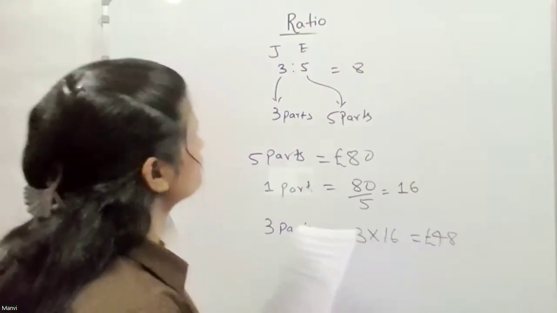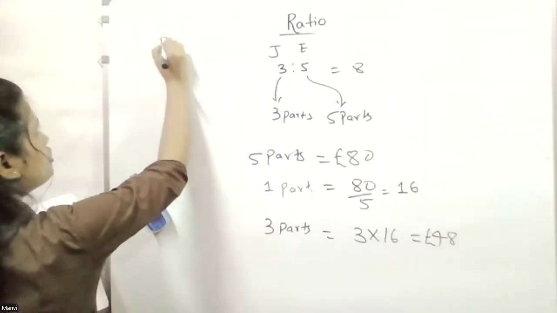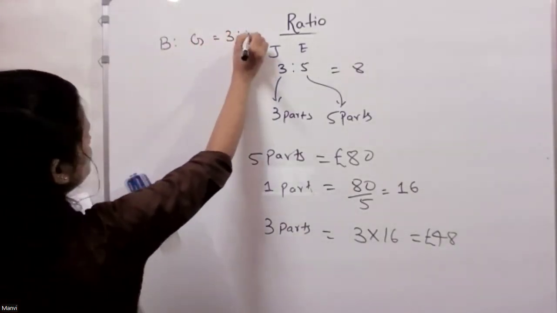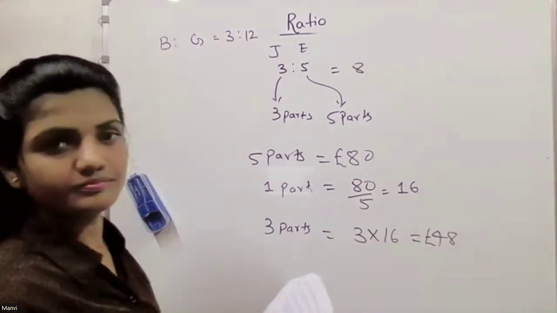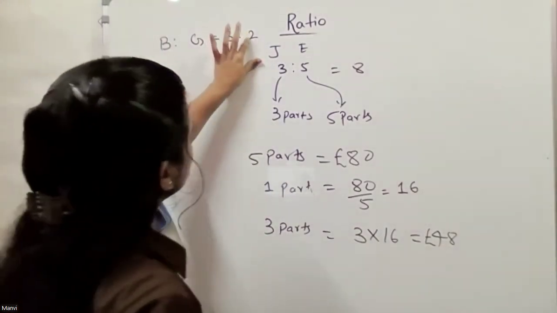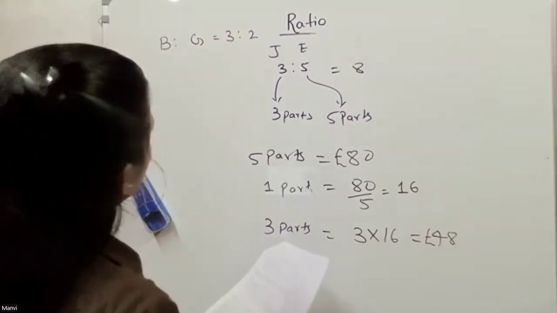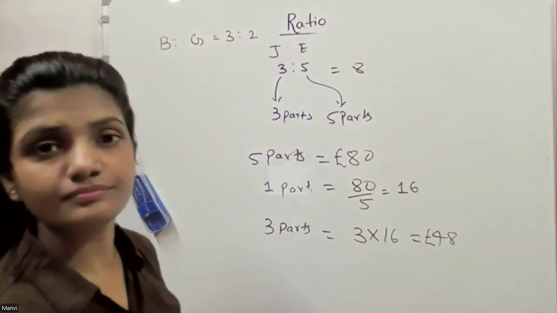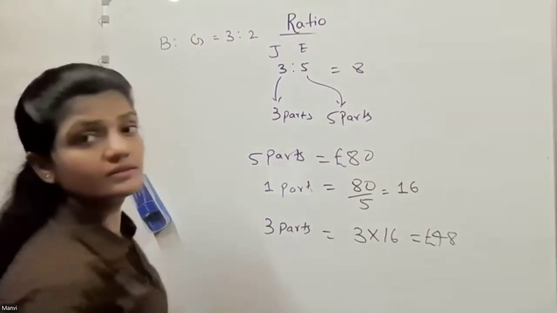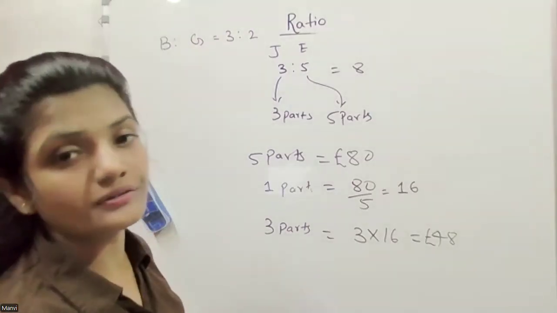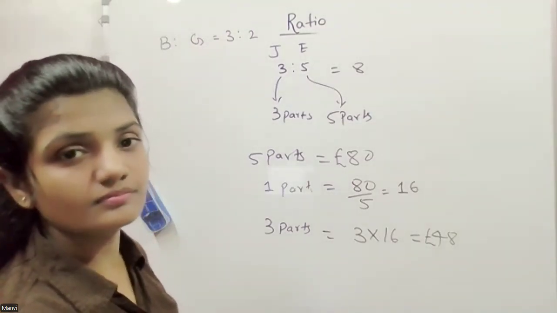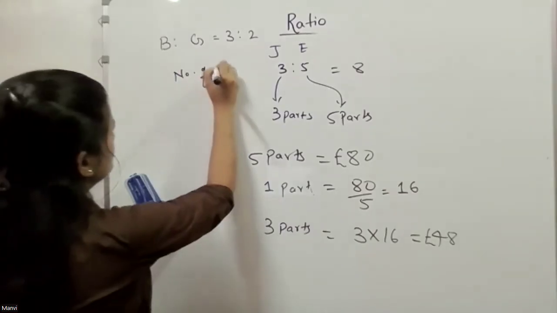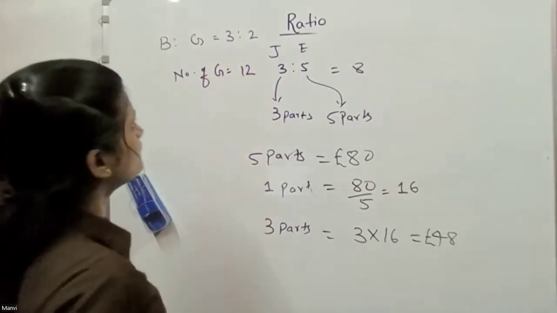So, okay, Kavya, now if it says that the ratio of boys to girls is 3:2, not 3:12, then it becomes too much. So 3:2, and the number of girls is 12. Then calculate the number of boys. The number of girls is 12.